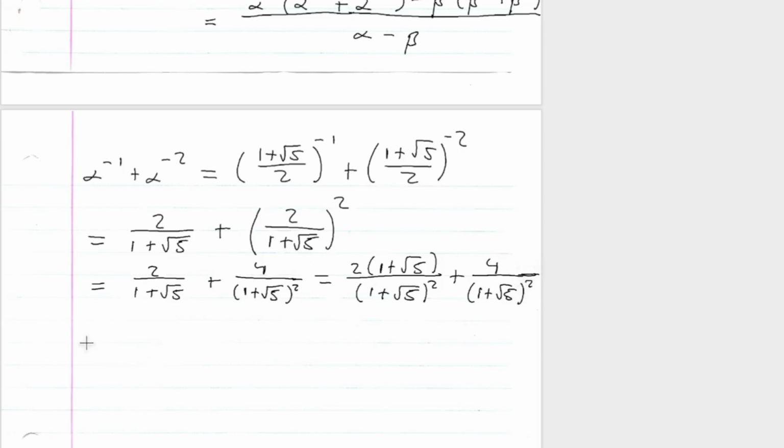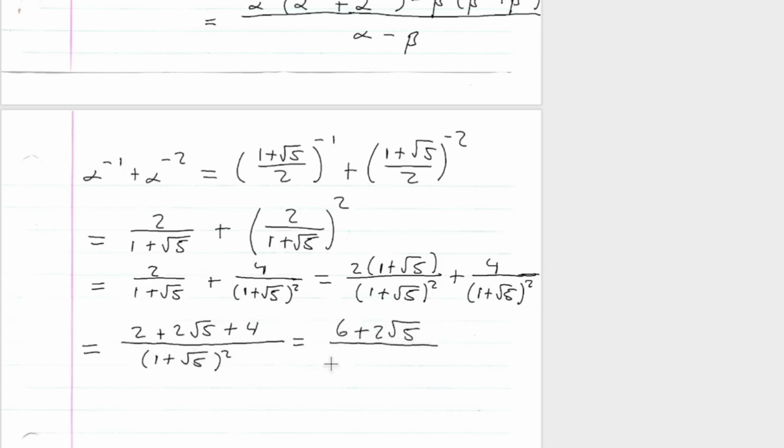All right, now let's go ahead and distribute, because we have a common denominator. So this will be 2 plus 2 square root of 5, plus 4, and that'll be over (1 plus the square root of 5) squared. And then 2 plus 4 is 6, so this will be 6 plus 2 square roots of 5 over